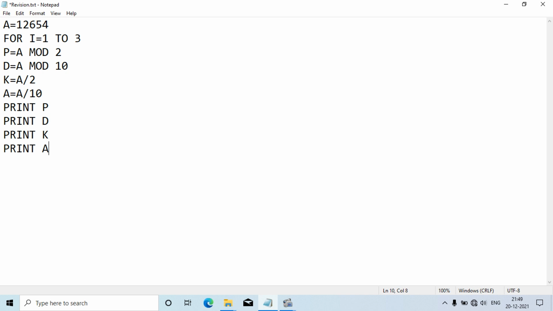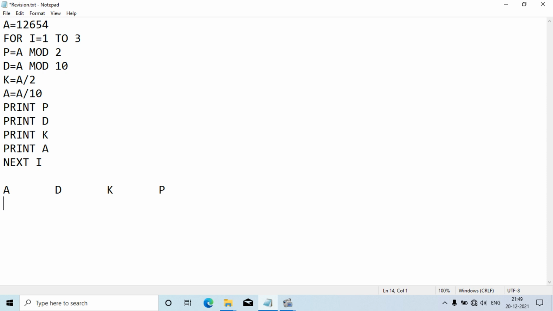Then we close it with next I. Now we are printing so many things, so let us make a column. There are many variables, so here we have written a, then d, then k, then p, that's it, p, d, k. Yes, we have written everything.